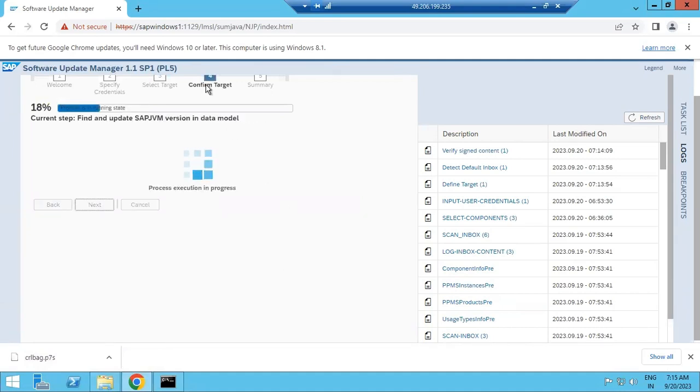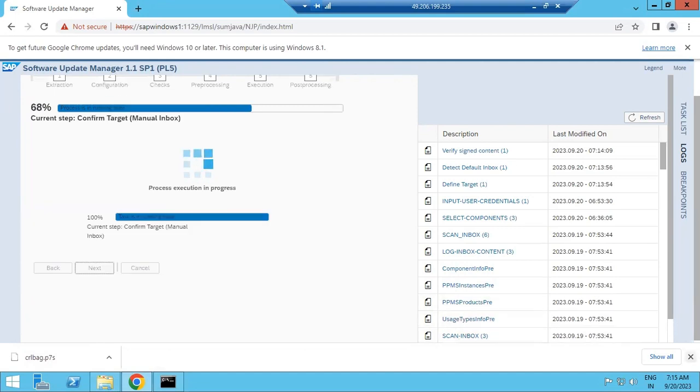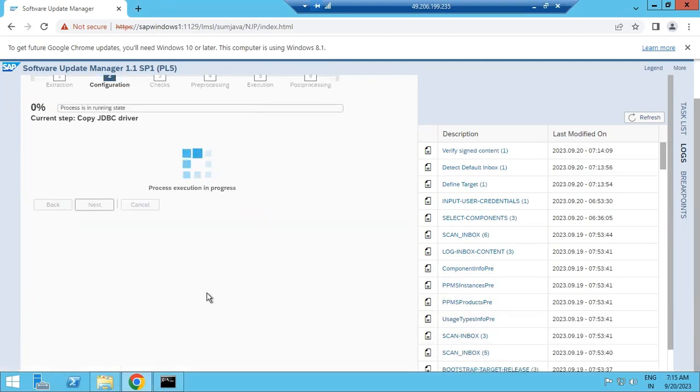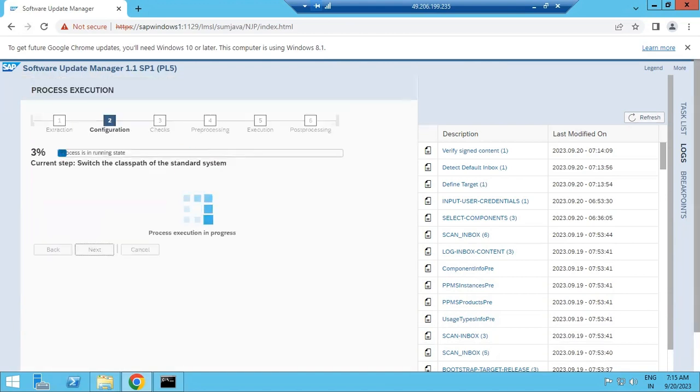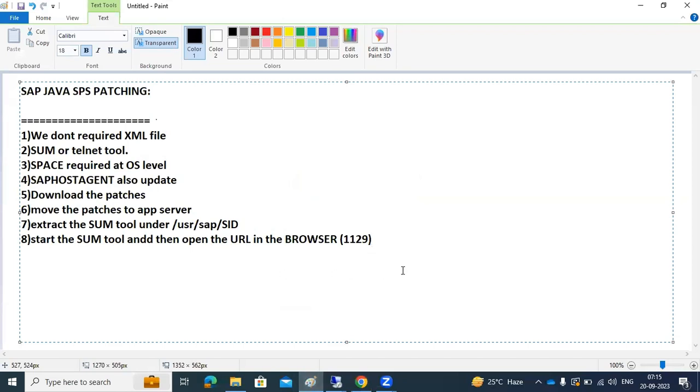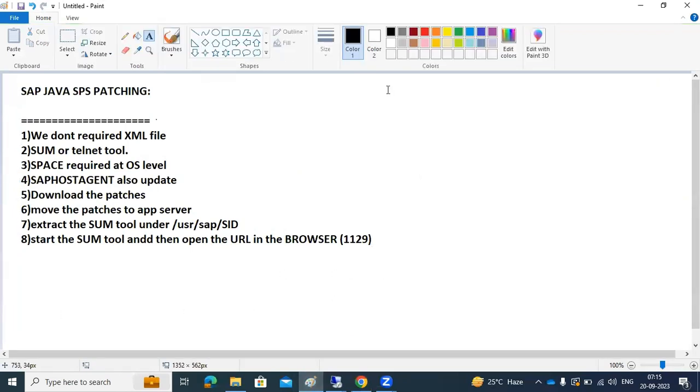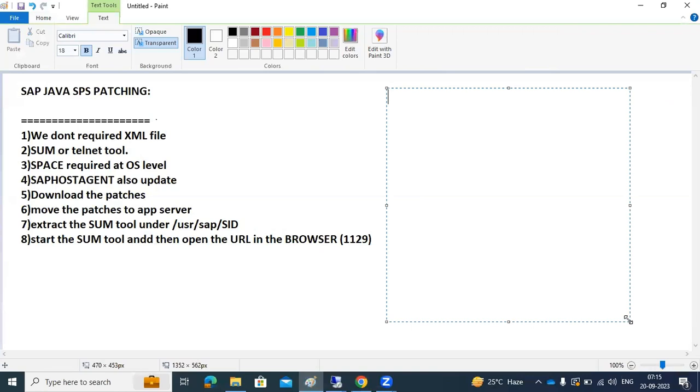Now we are in the confirm target selection. In the confirm target selection, extraction, then configuration, all of this will be completed very soon. But for ABAP systems, directly you will get extraction, configuration, checks, pre-processing, execution, post-processing. But for Java systems, you need to remember that you won't immediately get these roadmap steps. First the welcome screen, where nothing will happen. Then specify